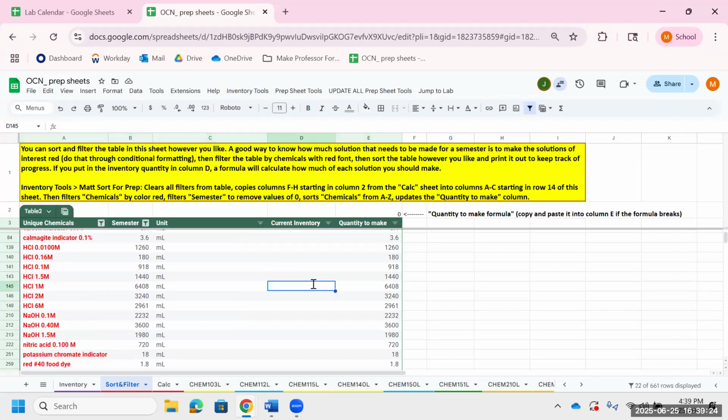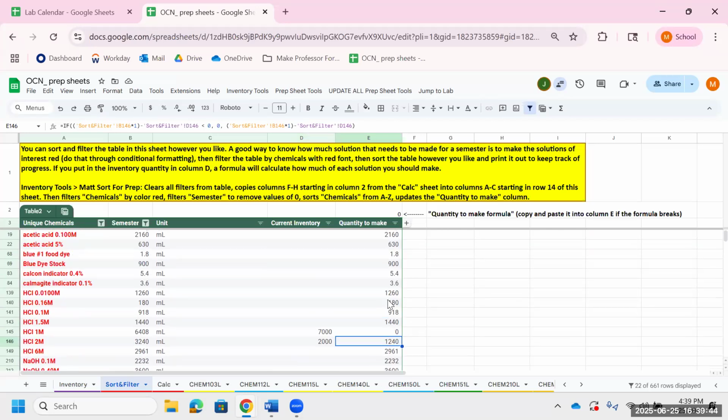And say you knew you had on hand 7 liters, it will automatically set that to 0 for you. Or if you knew you only had like 2 liters of 2 molar HCl, you now know that you need to make 1.2 liters. So this is just a little tool that you can either print out and do it by hand as you keep track, or you can just keep it like this. And as you go making solutions, it will automatically update